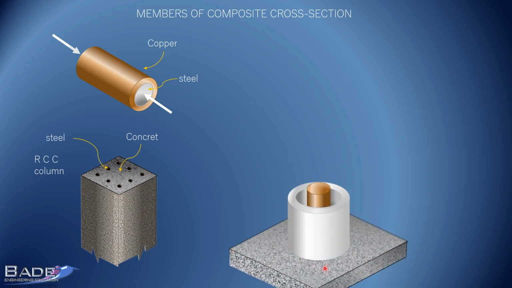Now here is one example. There is an aluminum tube resting on the floor. Inside the tube there is a copper rod. Now unlike the composite tube or composite rod, here aluminum and copper are not rigidly connected to each other. The copper rod is simply placed inside the aluminum tube. And both these bodies, the copper rod and the aluminum tube, are resting on the floor.